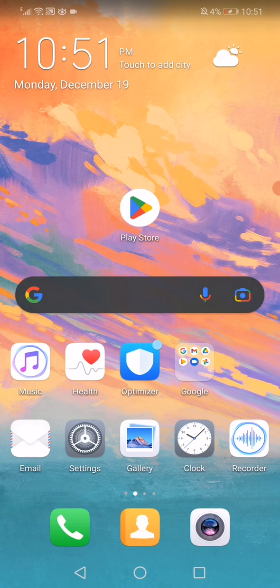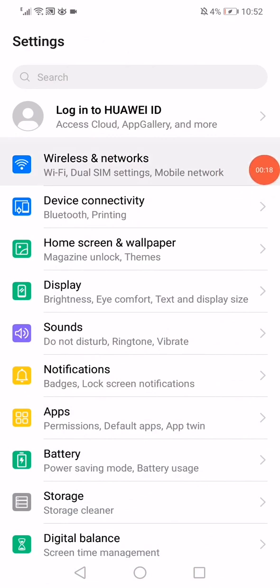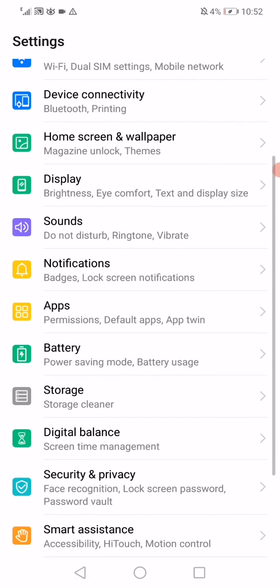So first thing you want to do is open the settings on your phone. If you have iOS or Android you can do the same thing. Go to the wireless and networks, go to the Wi-Fi, disable the Wi-Fi and then go back, open the apps